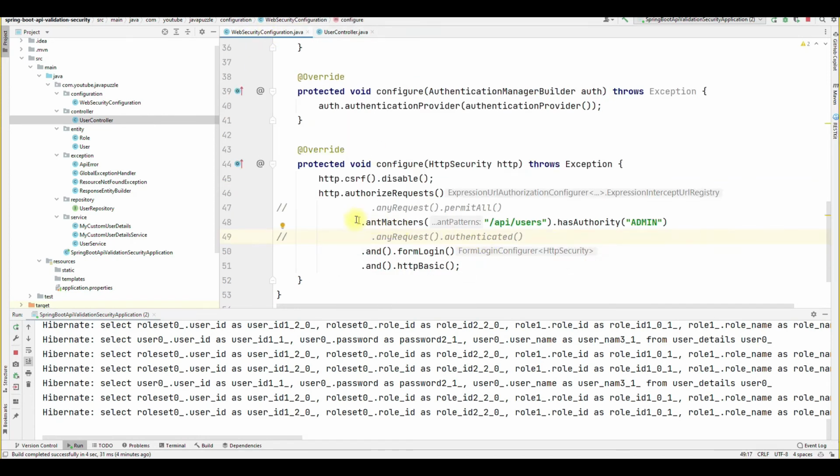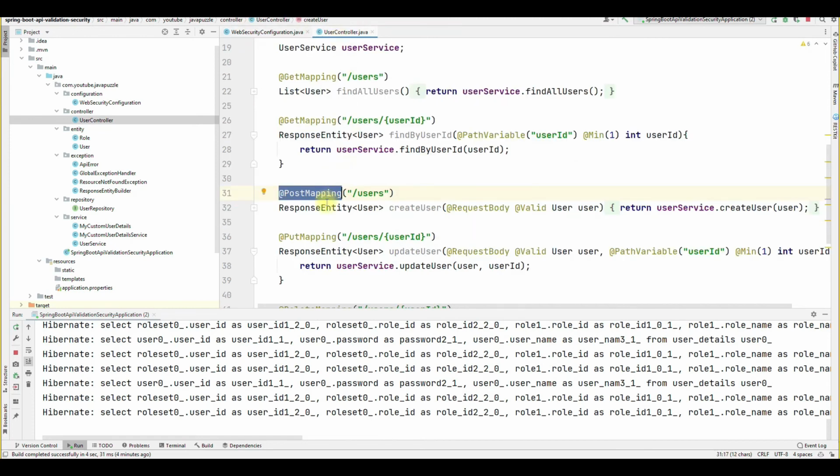Because here Spring Security doesn't know which type of method you are talking about. It will just know, okay, API/user you want to authorize for the admin. That means the admin can access the post mapping and get mapping also, but the editor, creator or any other user cannot access.